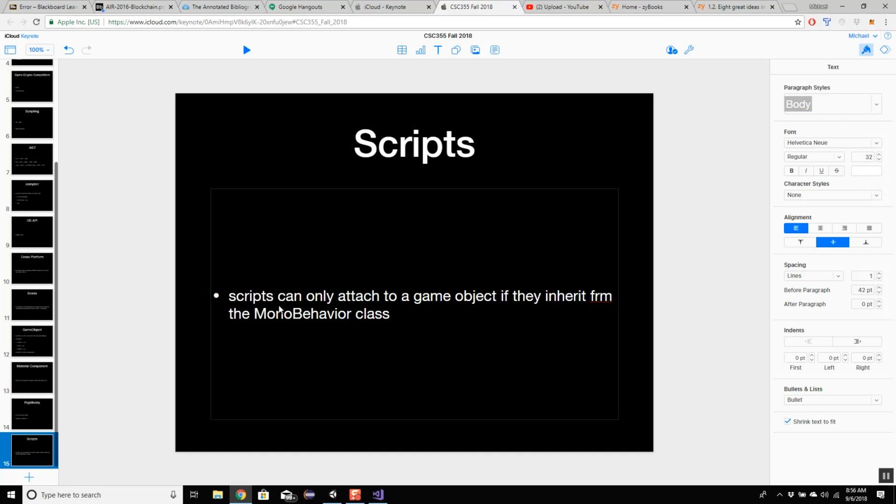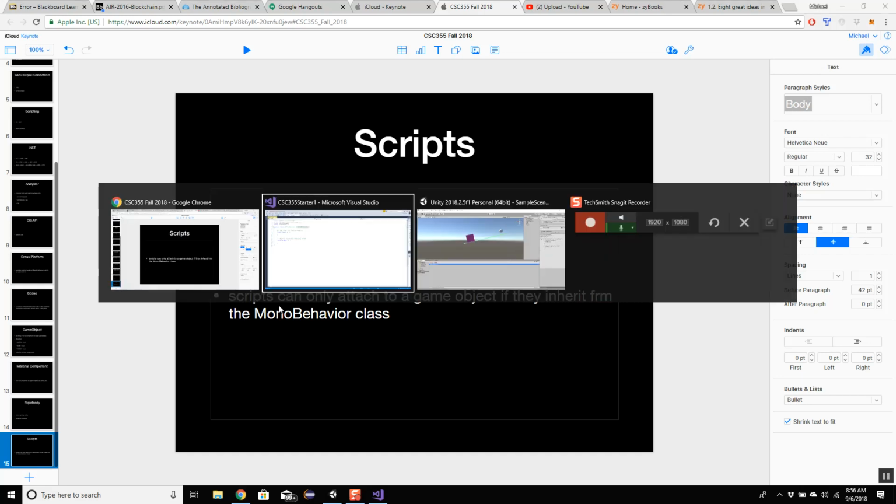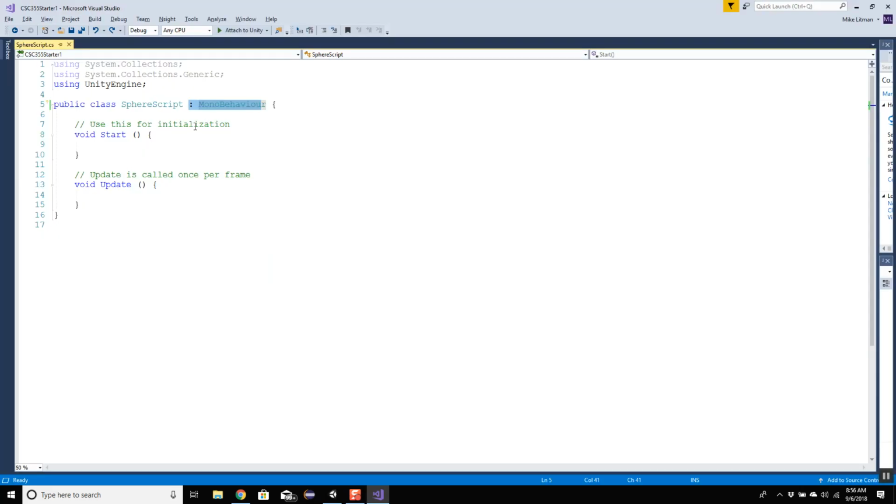Sometimes we'll want a script that actually operates just as a normal object for us to store information. We don't intend to attach it to a game object. But a lot of the time, we're going to want to attach it to a game object, so we'll use the default MonoBehaviour that it gives us. All right, so